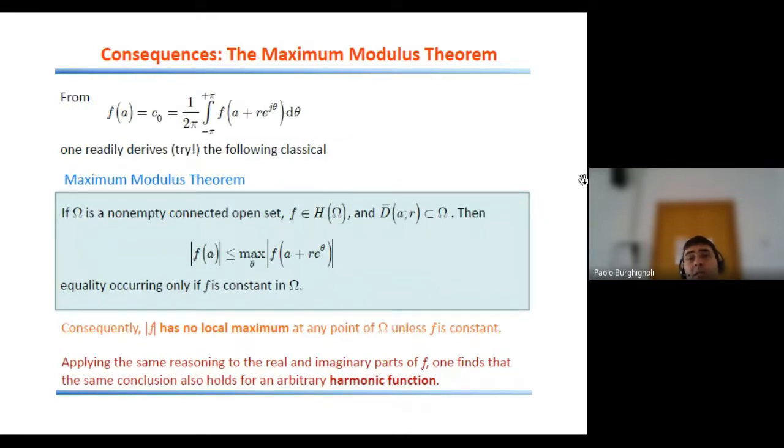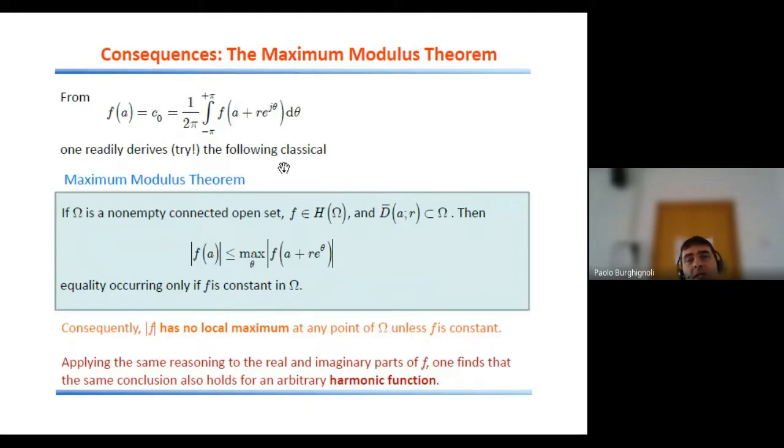Another consequence of observing the connection between power series and trigonometric series is the classical maximum modulus theorem. In this case, what we need is just the first coefficient, C0, of the power series, which has this representation. That's the first coefficient of the Fourier series. And also in this case, as an exercise, you can try to derive from this expression above the maximum modulus